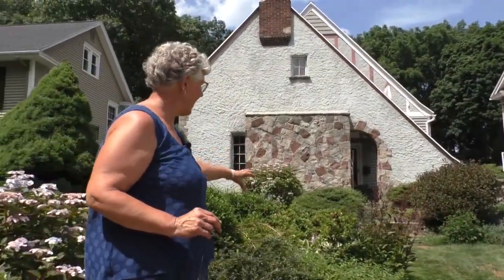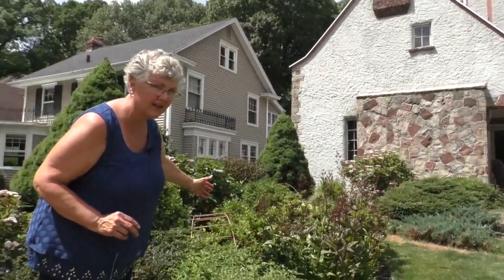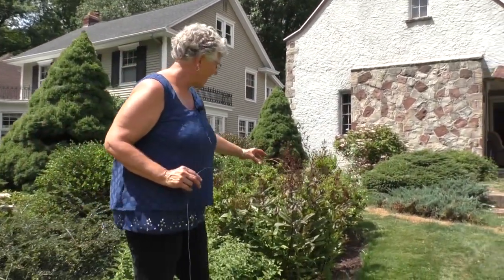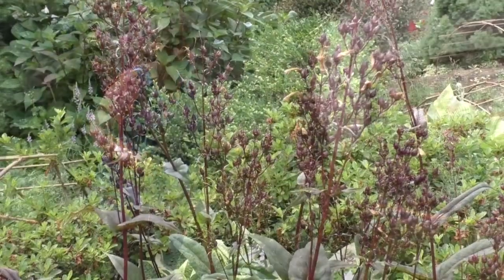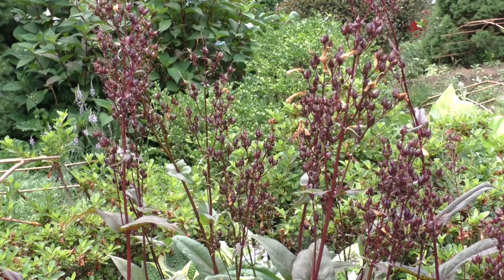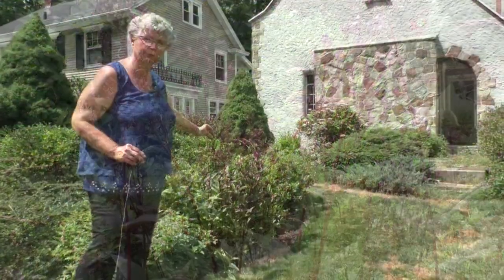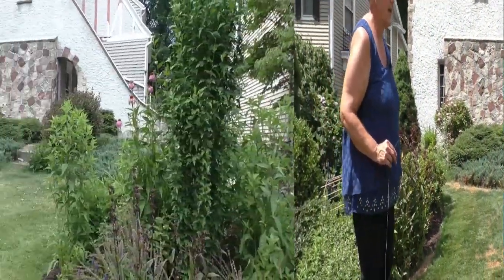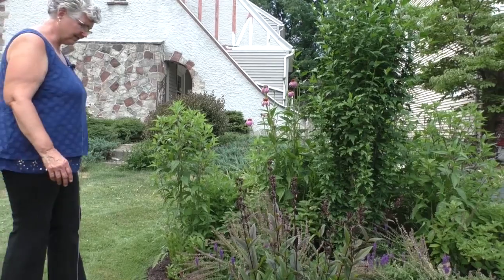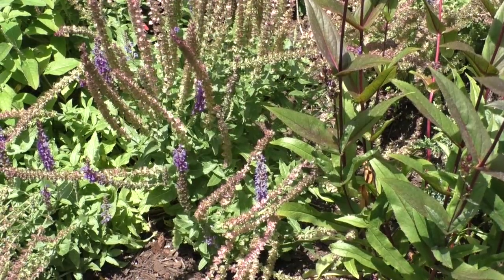Then further on this garden, there's more of the sundrops, but the blooms have been gone. And we have penstemon, which I think complements the other plants really well here because it's got a kind of purple-white flower when it's in bloom, and now they've moved on to producing their seed heads. Beautiful plant. And on this side of the yard, we've got beautiful purple salvia, more of the penstemon,